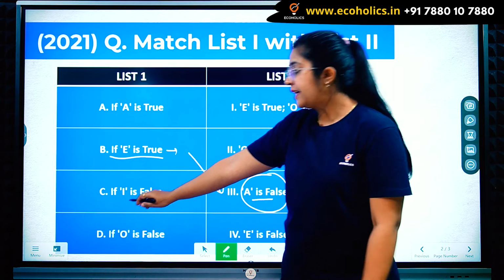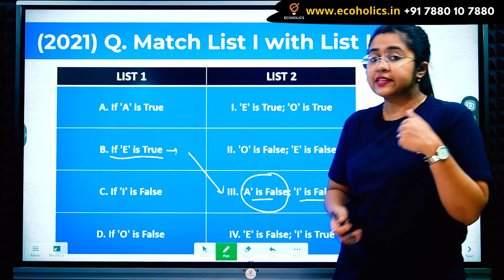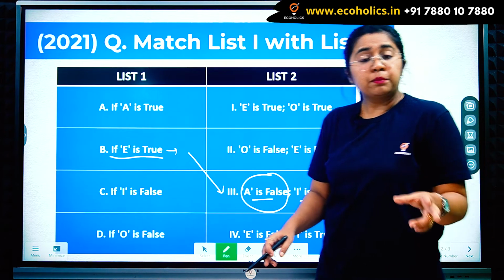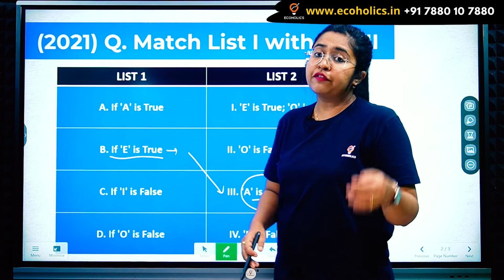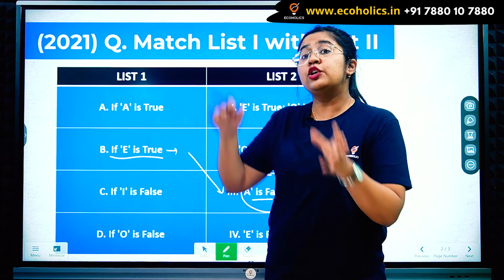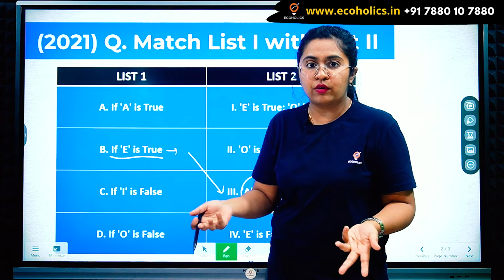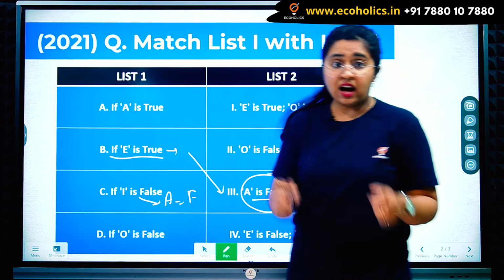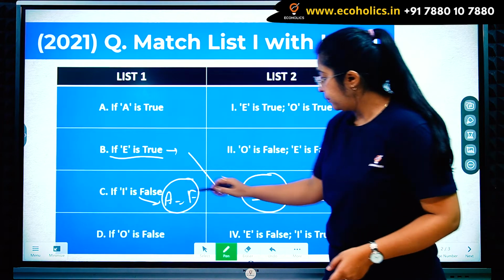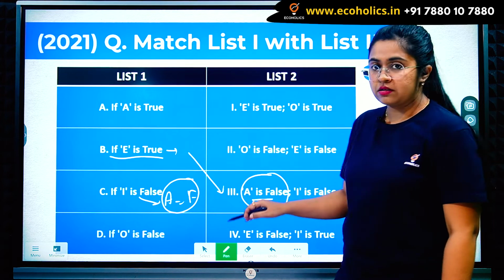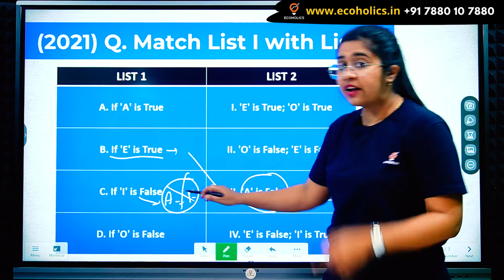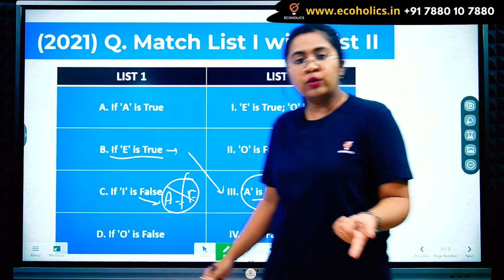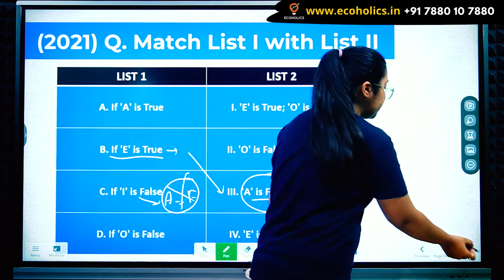C is stating that if I is false. Now, I is particularly affirmative. So we know that if particularly affirmative is false, then the universal option of it, which is A, definitely is false. So we can say that if I is false, then A also is false. However, this concept we have already covered in B's list. So we can't cover this one. So we do not have this option right now, because it's already been covered in another's list. So let's look at the other logics that we have, which are from the